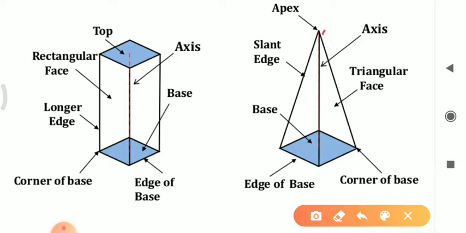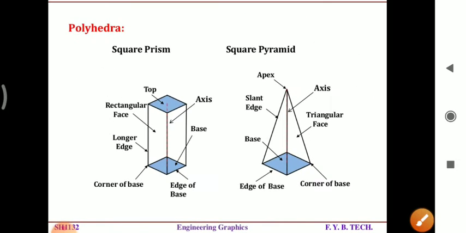This is hidden here, it is not shown by a line. It should come in this way, so it is behind this line. It is the axis. Axis is important, drawn from the apex to the center of the base. So these nomenclature, these names, you should remember. This is very important for the solids problems.